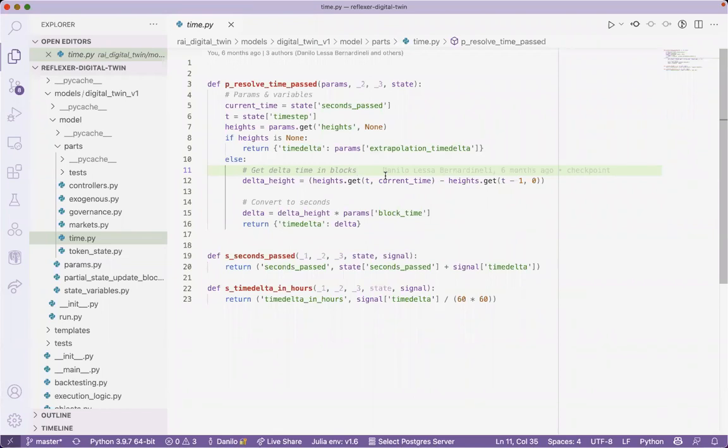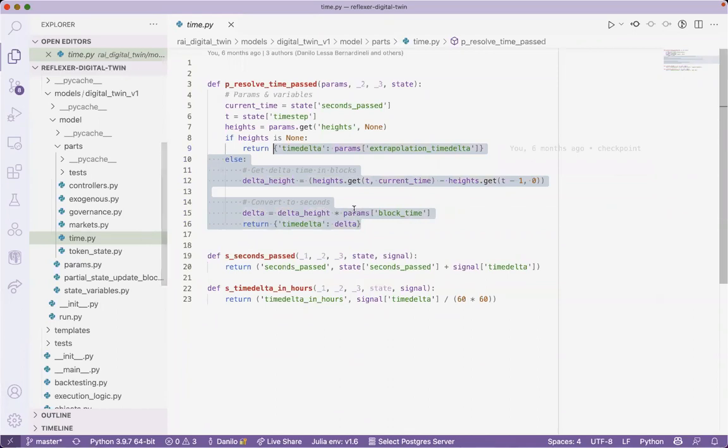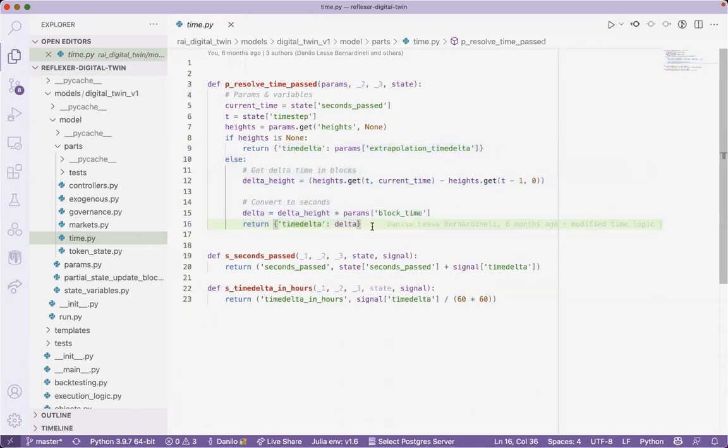So it's not exactly that, because what I was discussing here is really about the question of time tracking. The function of this file time.py is really to make sense of the time when you are handling data that comes from blockchain, because, as I said, each block height has a different timestamp. So you resolve backwards, and then going forward, you just say, well, a second is a second. Let's say this is just resolving time, to make sure that the timing is consistent.